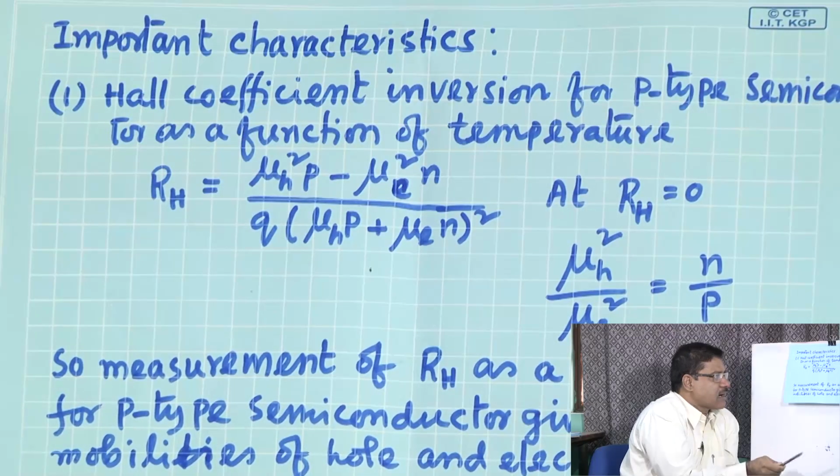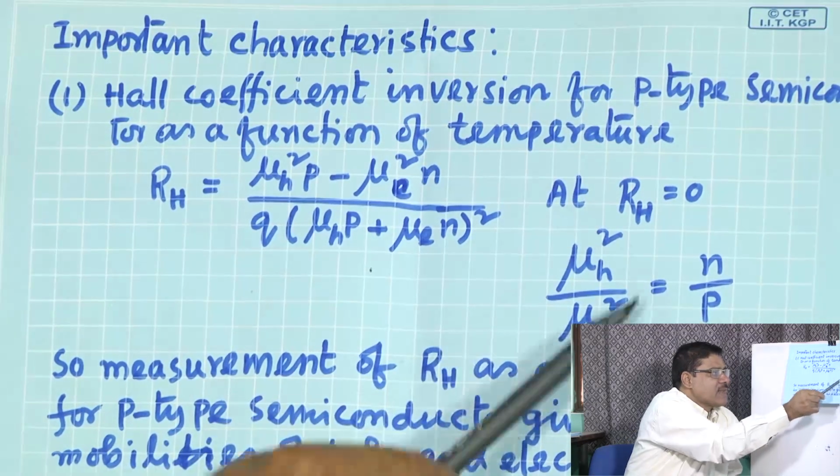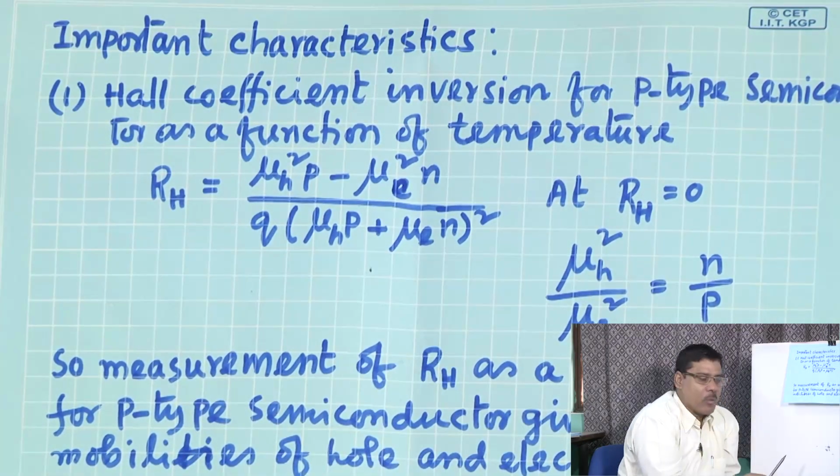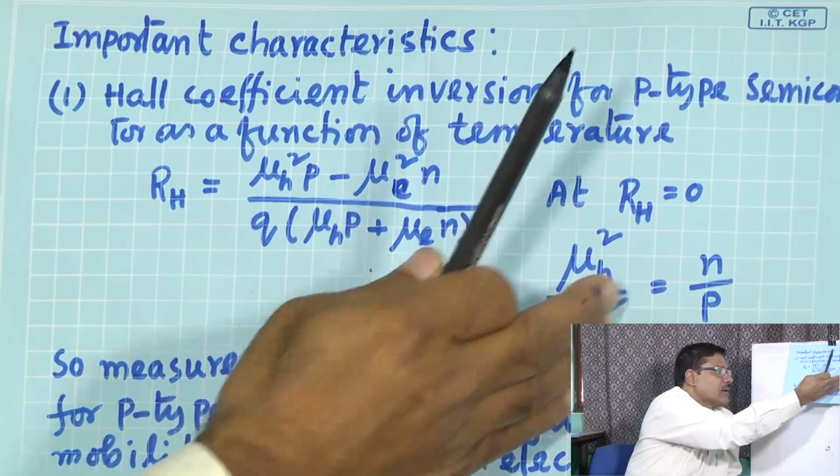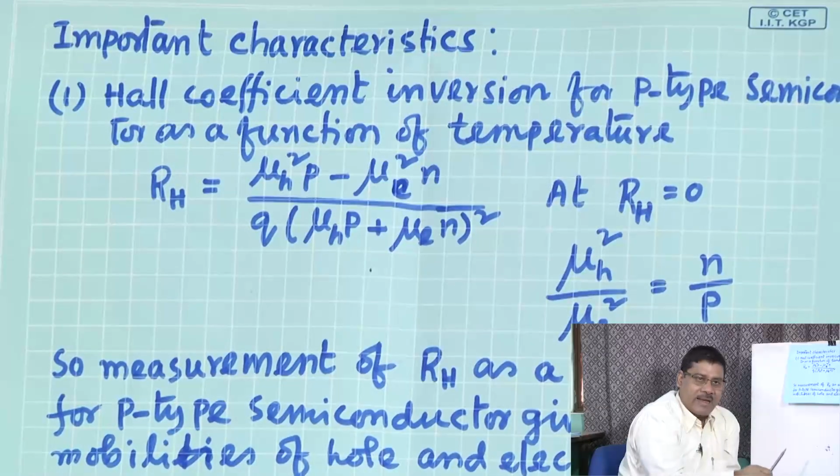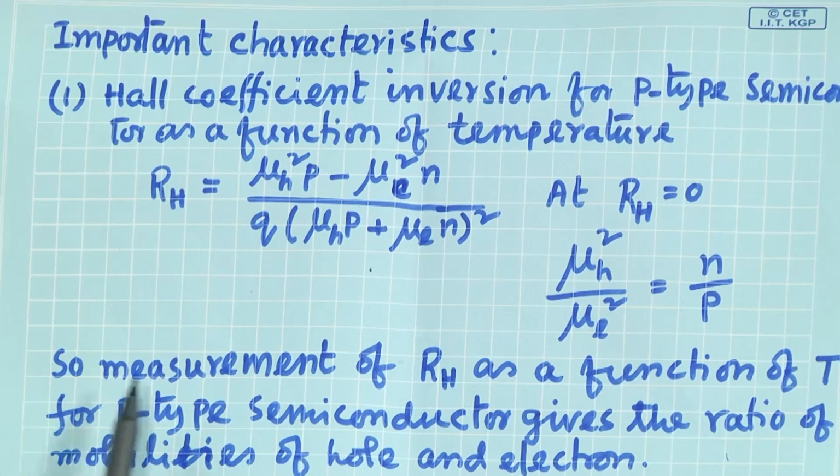So measurement of R_H as a function of p, for a p-type semiconductor, the ratio of mobilities of hole and electron can be obtained. So this is one characteristic of this Hall